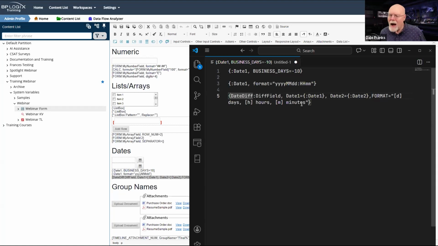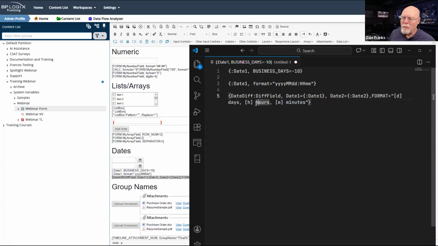And so once I have the time span value, which is the difference of the date time value between date one and date two, then I can format that time span as I have here. So I've got that many days, that many hours, and this many minutes. Now, I have thrown these inside square brackets for a reason. So it separates them out, not as plain text, but the stuff inside the square brackets, those are the actual formatters. Everything else is just text.